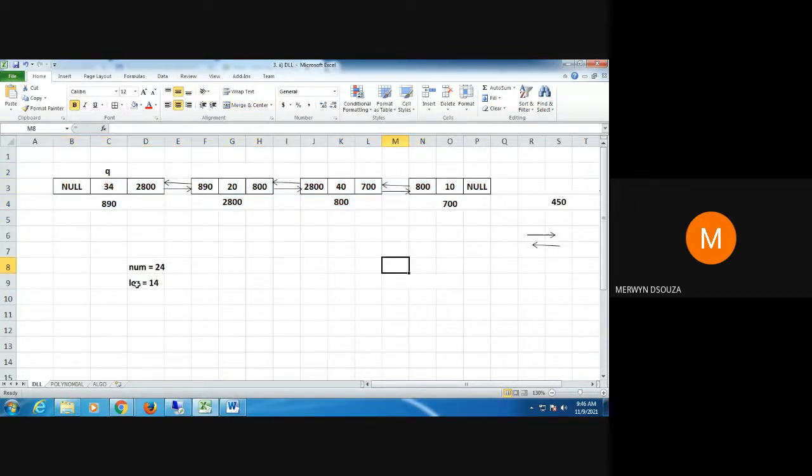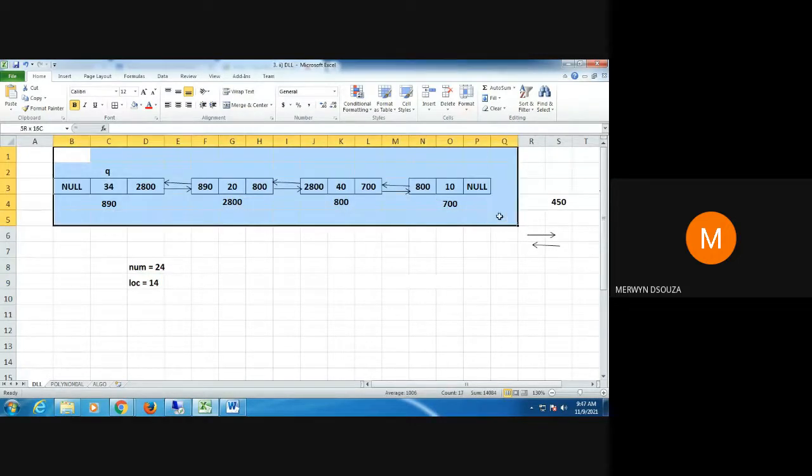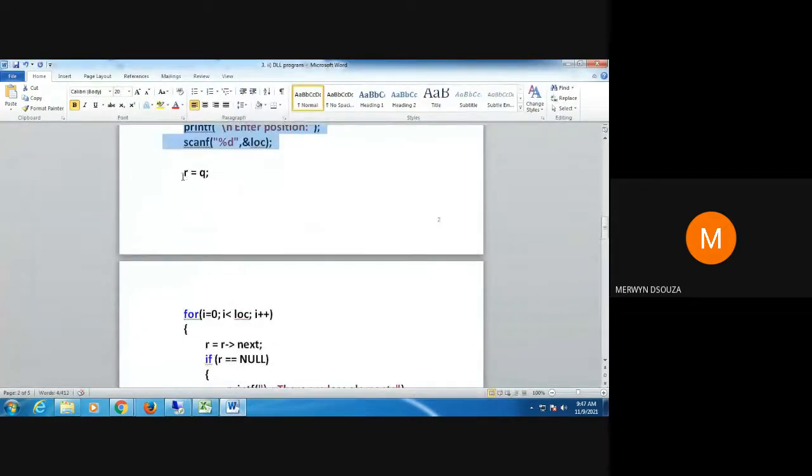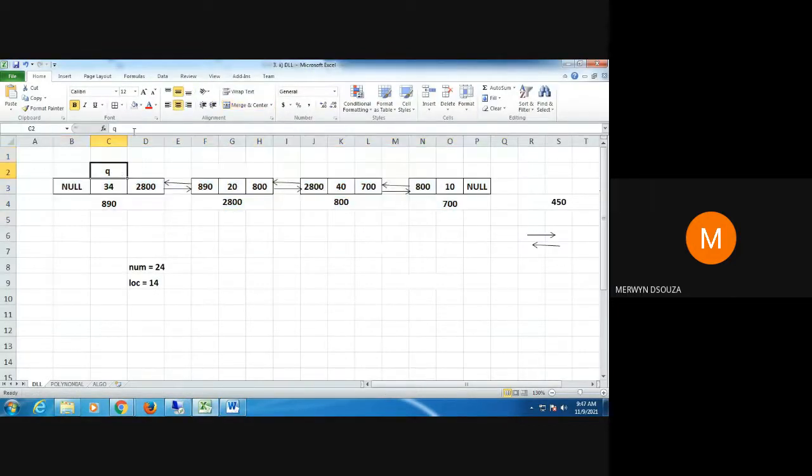So obviously this should not work. If it works, then something is wrong in the code. If I'm having 4 nodes and it allows me to create a new node at the 14th position, that means something is wrong. So right now in the present situation, it should give me some error message that I'm not having that many nodes in the doubly linked list, and therefore I cannot create that new node. Some kind of error message I should get. Let's see whether I get it or not. So let's start from here. I initialize q equal to r, so therefore r is pointing here.